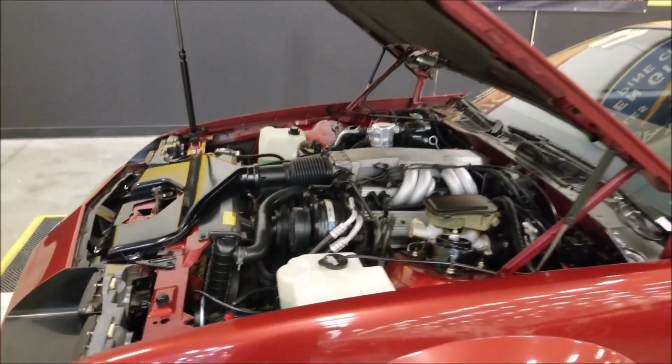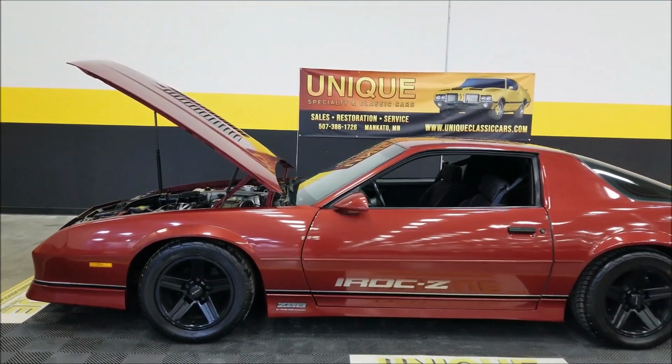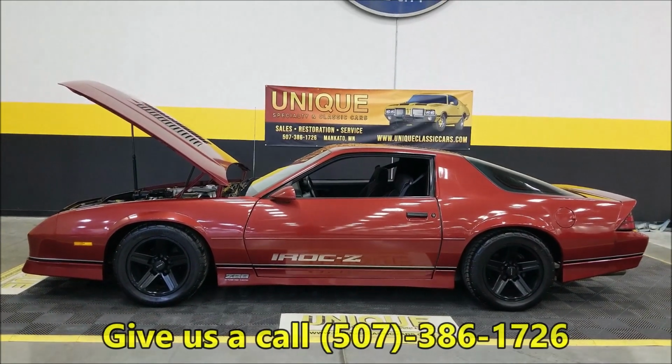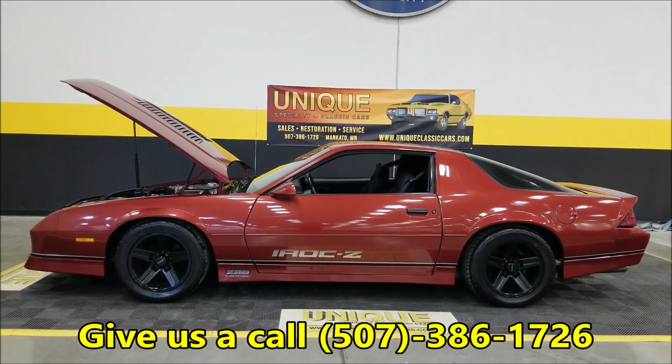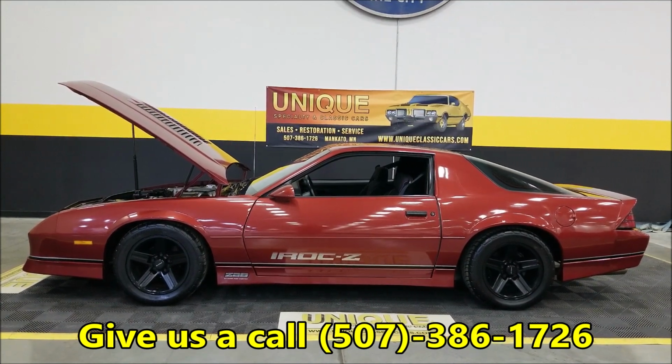There you go. Looking for a nice IROC-Z 1987 Camaro Z28. 5.7 liter automatic. Original miles, clean Carfax, no accidents indicated, confirms miles. Give us a call, 507-386-1726,